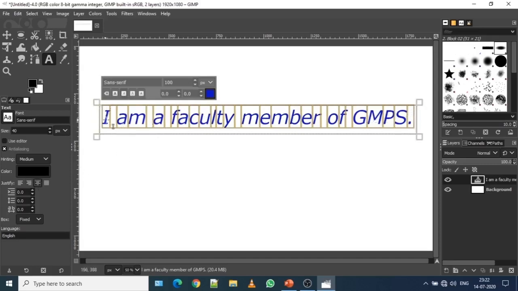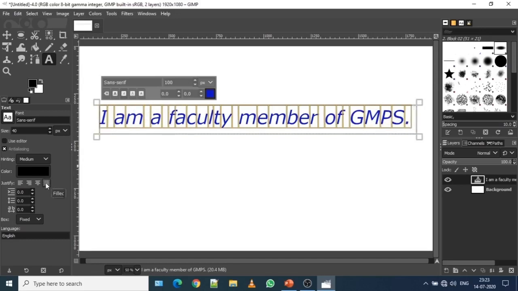Both ends of the text will be adjusted according to equal space from the left and right portions of this text box. The other one is fill. So you will notice left justified, right justified, center and fill. These are the 4 options you have. Some more features are there: when you write more than 2 or 3 lines, there is the line spacing, which means the gap between the 2 lines can be adjusted from this particular area.